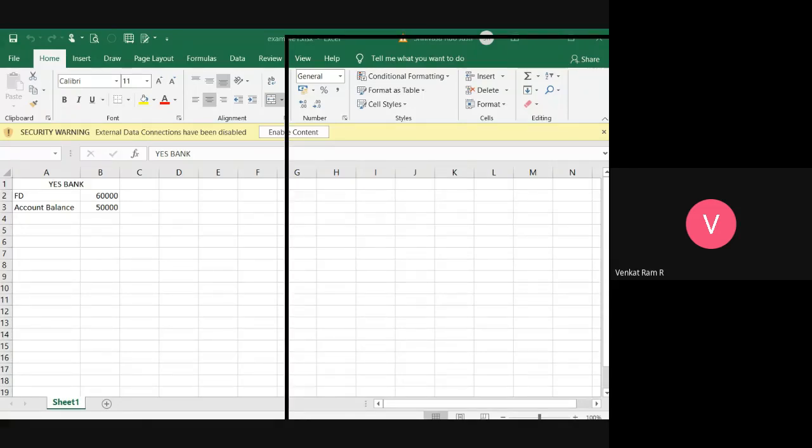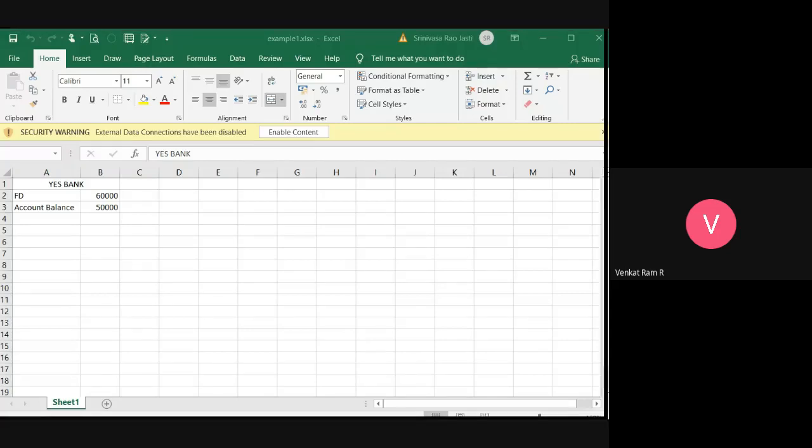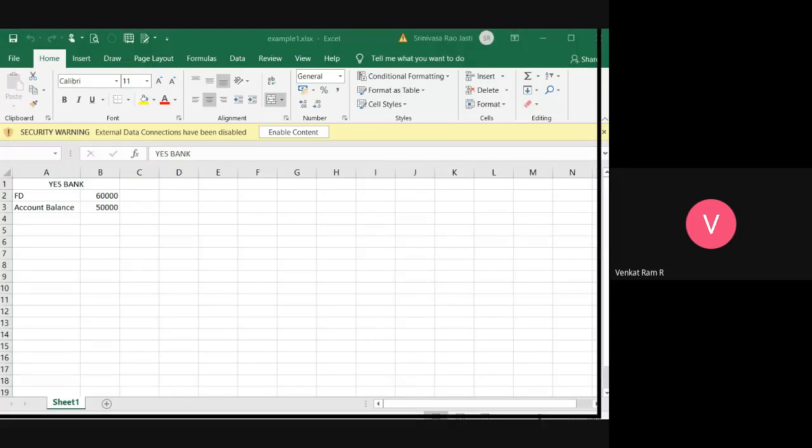Are you people able to see the second one? Now do you see SBI Bank, or can you see only S Bank? Give me confirmation regarding that. Okay, fine.